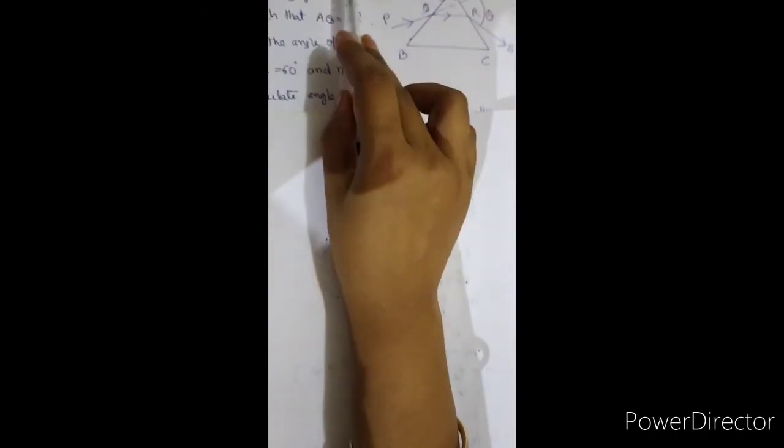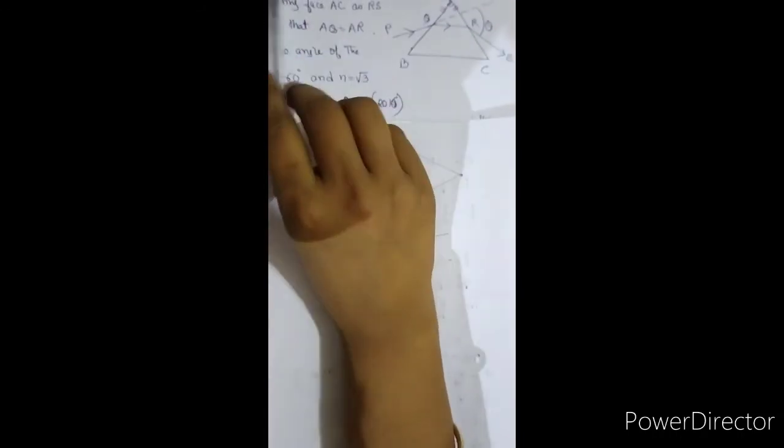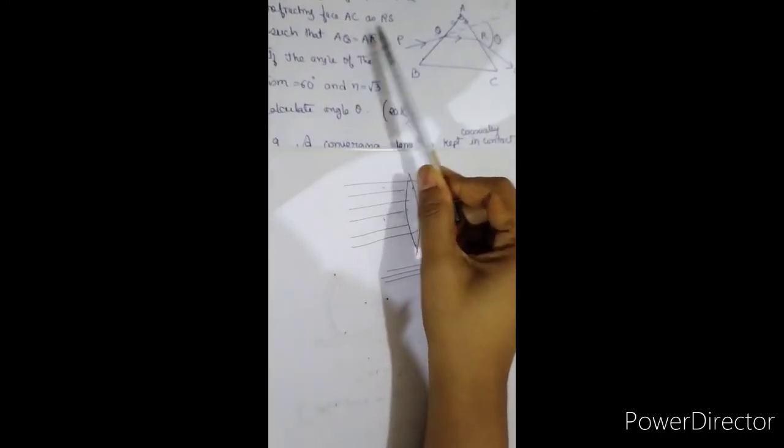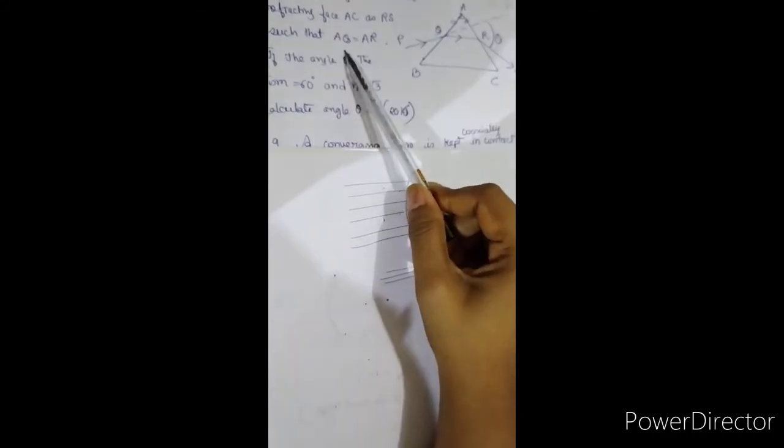Next one. Ray PQ incident on the refracting face BA is refracted by the prism BAC as shown and emerges from the other side AC as RS. Done. Such that AQ equals to RQ. AQ equals to RQ means what? If these two are equal, this angle must be the same. So if these angles are the same,